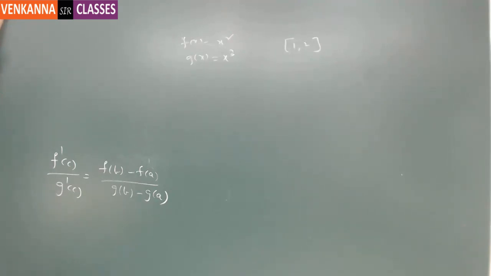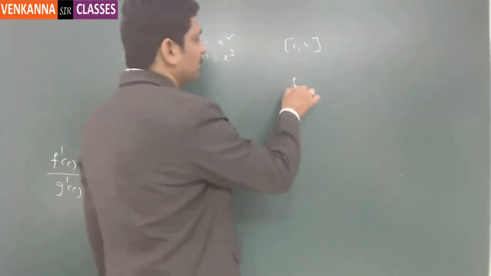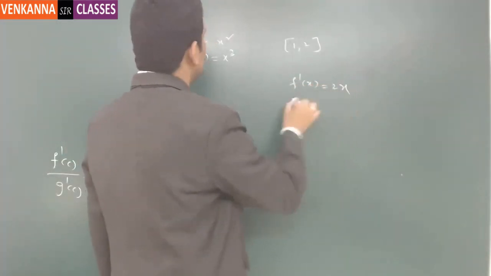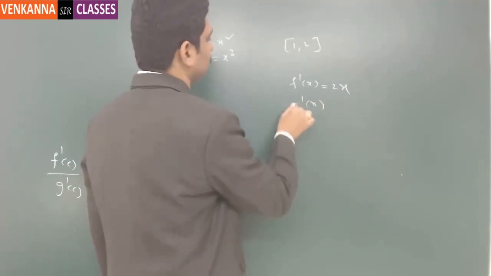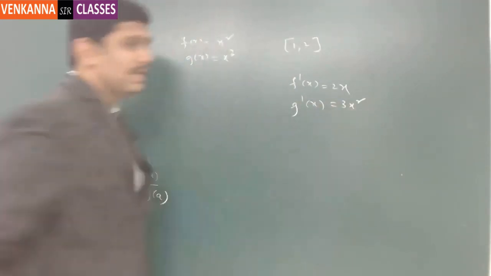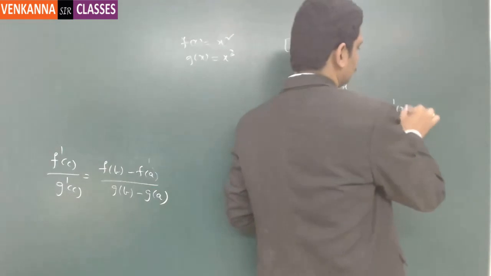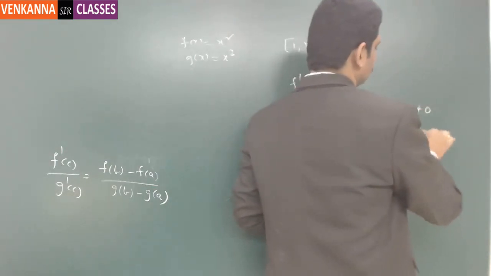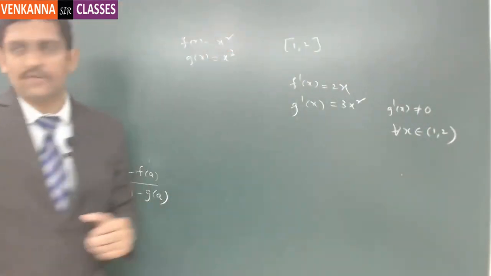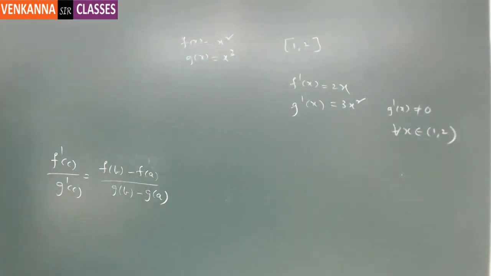Okay, since both are polynomial functions, one is x square, another one is x cube. They are continuous on the real line as well as on the given closed interval 1, 2. And also they are differentiable, because if you consider f dash of x, it will be 2x, and it will be 3x square for g. And they are differentiable, and g dash of x is not equal to 0 on the open interval 1, 2. So hence we can apply